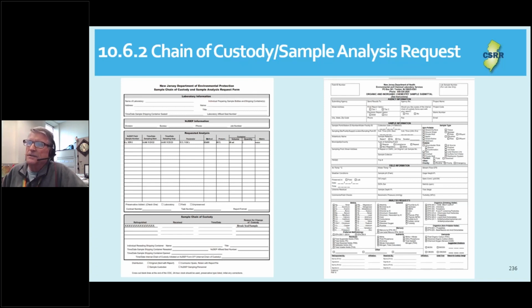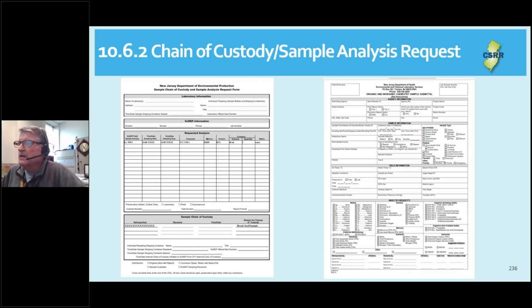Contact information, task identifier, and report format are important as well. For instance, is the screening report adequate, or is a full-blown regulatory compliance format needed to fulfill the requirements for court defensible data? On the right side is a sample analytical request form from the New Jersey Department of Health